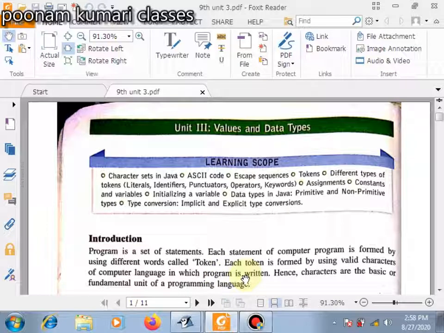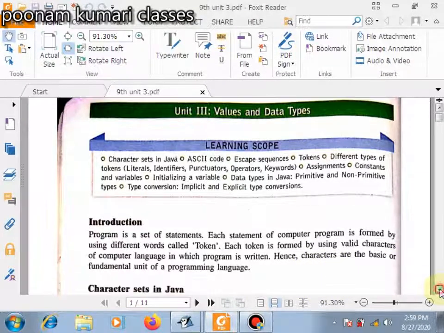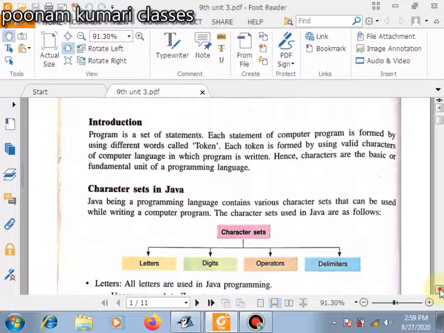So every language of computer has its own words, and those words are known as tokens. Hence characters are the basic or fundamental unit of a programming language.